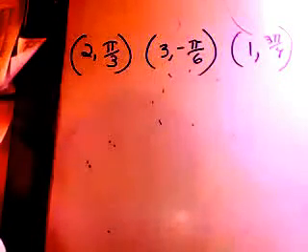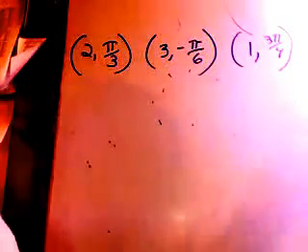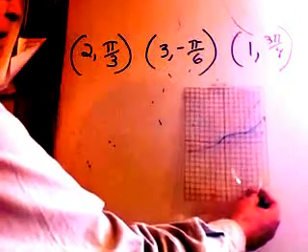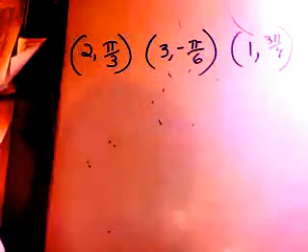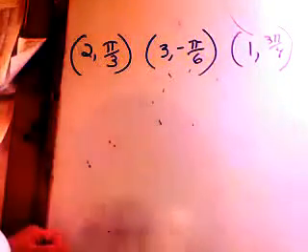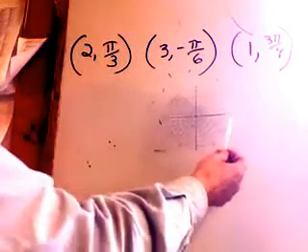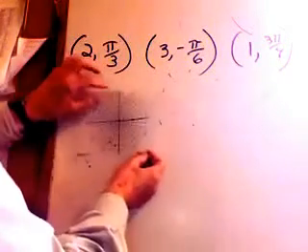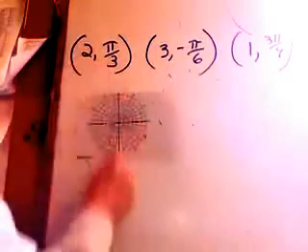Okay, I'm going to show you a little bit of graphing polar coordinates. Now, in the past we've graphed on a rectangular coordinate system, or Cartesian coordinate system. So now I'm going to show you how to graph on a polar coordinate system. Now, I know that if you look at it closely, you can see that I do have a rectangular grid on here.